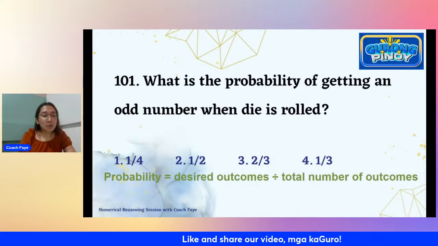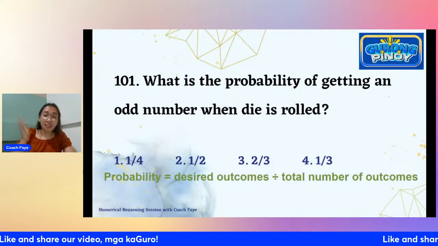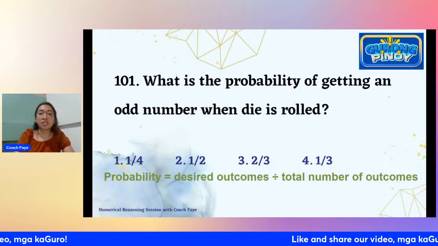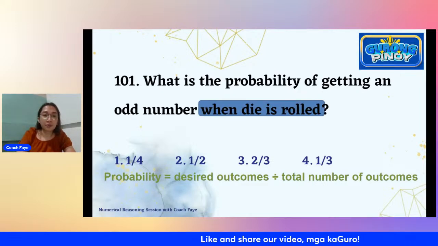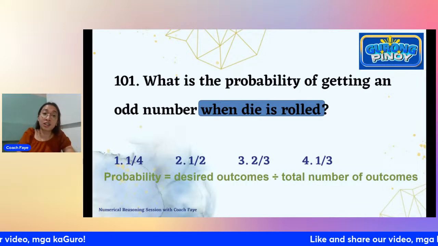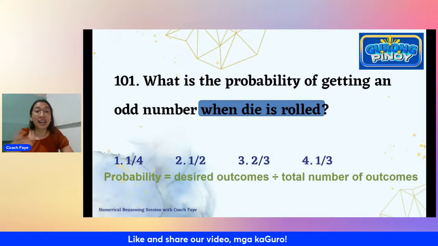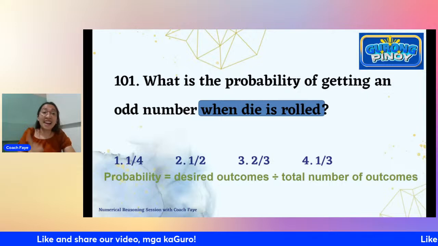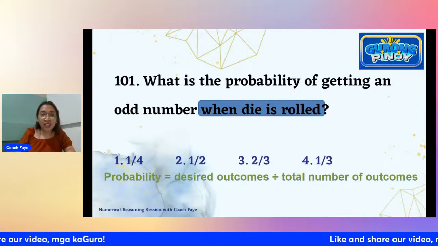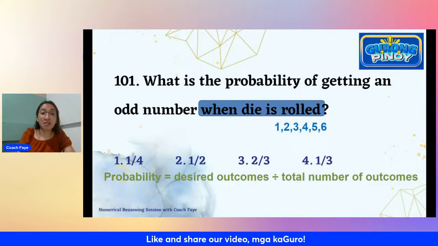So pag sinabi po natin probability, it is equal to the desired outcomes natin divided by the total number of outcomes. So sa situation po na ito, when the die is rolled, yun po yung total number of outcomes. So pag nag-roll po kayo ng die, yung die po ay yung singular form ng noun na dice. Yung pag naglalaro po kayo ng mahjong, di ba tatlo po yun, dice po yun. Pero kung nag-iisa lang, die na po ang tawag doon. So when you roll a die, you have 6 faces. So your options when you roll a die would be 1 to 6. So anim po silang lahat.